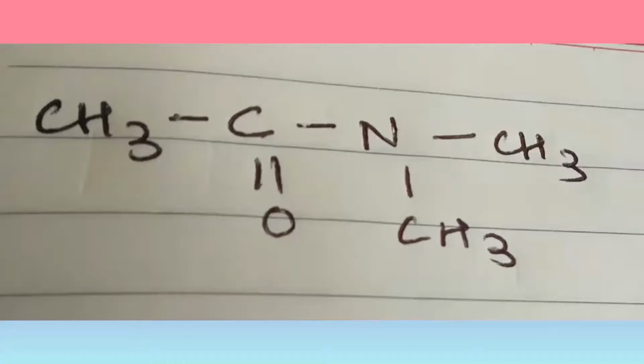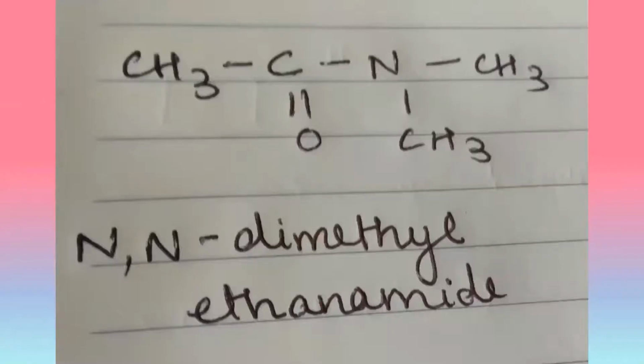So in this one, if you see, there are two methyl groups attached to the nitrogen atom, and that nitrogen atom is a part of the amide group. Now counting the main parent chain here, we start with the carbon that has a double bond, and we can see that there are two atoms in the main parent chain. So the root word for this is eth. Whenever you're naming compounds that have a nitrogen group present in it, we always start with the nitrogen one. So the name for this will be N,N-dimethyl ethanamide.